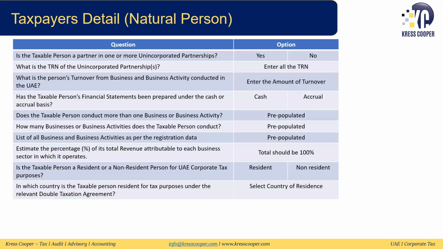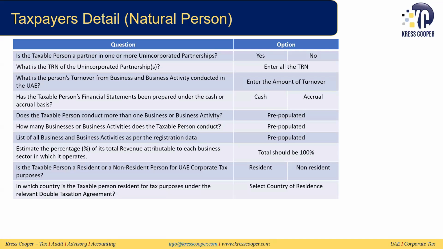Now, in the taxpayer detail, there'll be certain questions based on whether you're a natural person or a juridical person. For example, if you're a natural person, it will ask you certain questions. So, the first question it will ask you is, is the taxable person a partner in one or more unincorporated partnerships? So, what is an unincorporated partnership? We know